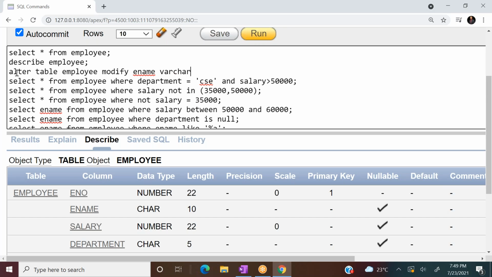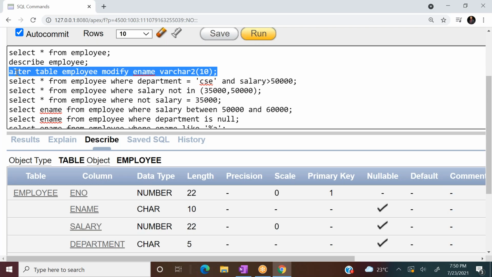Now it is to be modified to varchar2. We have both varchar and varchar2, and varchar2 supports a number of characters possible in a string that is double compared with varchar. Varchar2 is double the size. Okay, so how many? 10 characters.